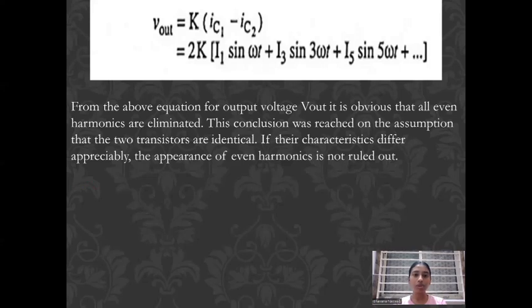From the above equation for the output voltage, it is obvious that all even harmonics are eliminated. This conclusion was reached on the assumption that the two transistors are identical. If their characteristics differ appreciably, the appearance of the even harmonics is